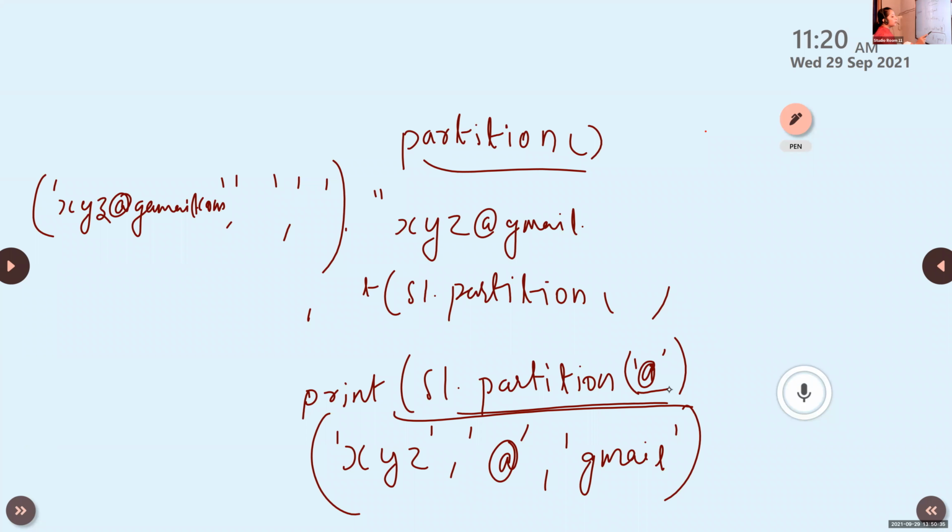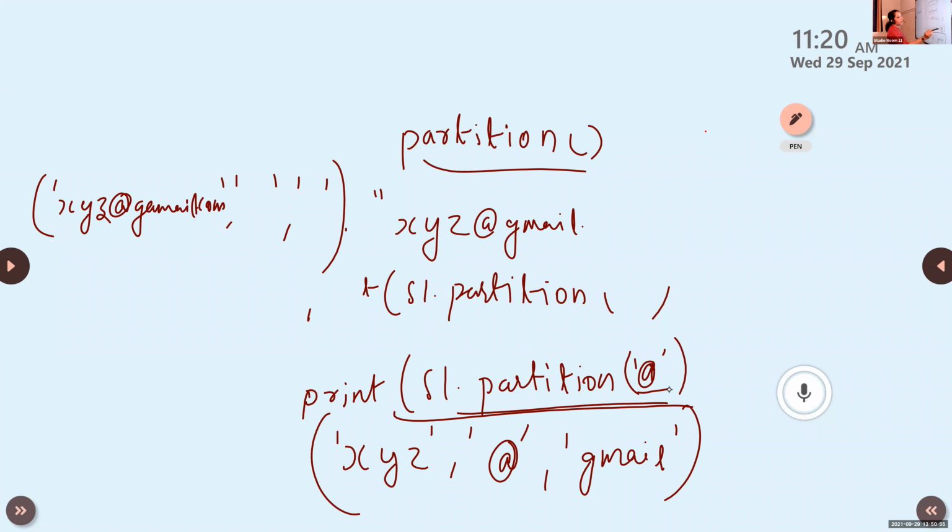One part is the part just before the separator. The second part is the separator itself. The third part is the part after the separator. So in the case of partition, 3 parts are there.